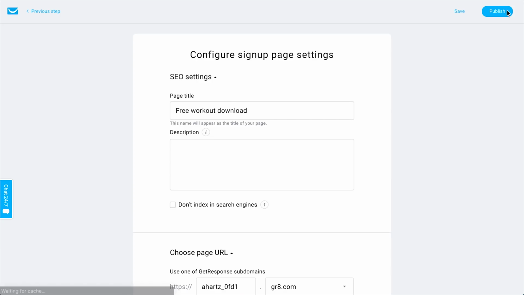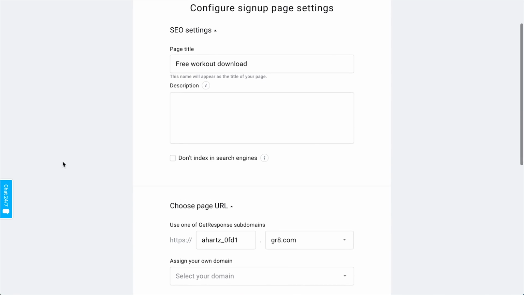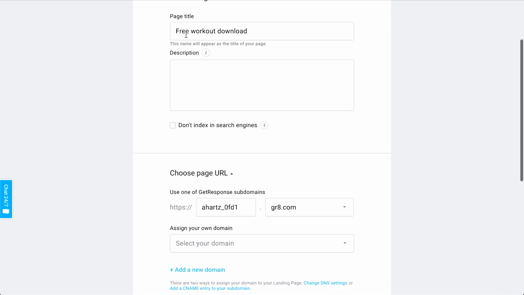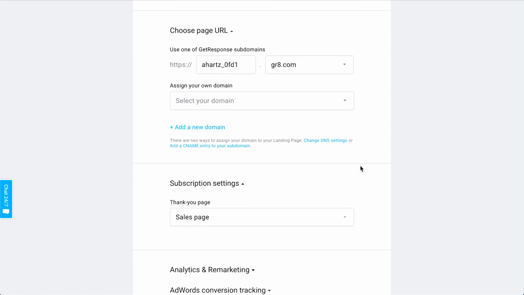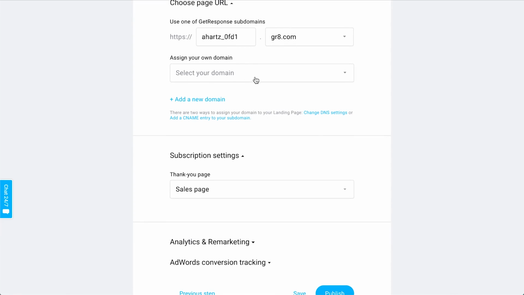And then we just configure some settings. So the page title and description, so if this was going to be showing up on search engines, what people would see, so you could give it a description here as well and edit the title if you want. And then the URL is important, of course. If you have your own domain, your own website domain, and you want to actually be promoting the URL of this sign up page and other URLs within the sales funnel on your own domain, you need to go ahead